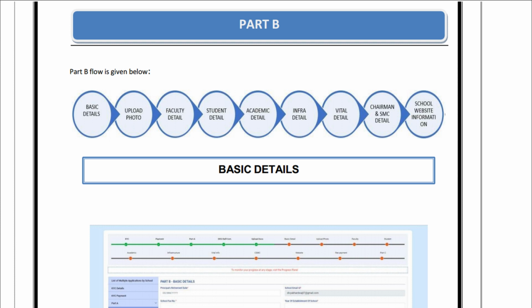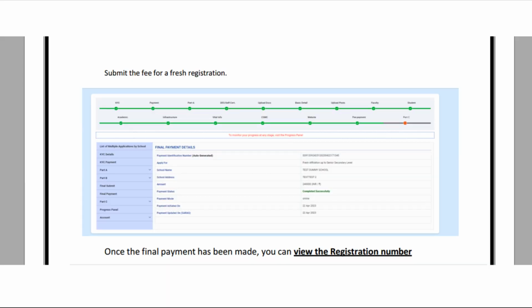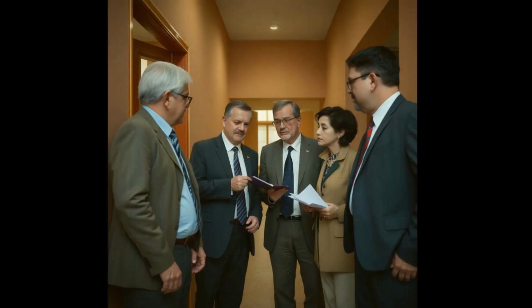Here, you will provide more detailed information about your school, including geotag photographs, staff details, infrastructure details, and safety measures. After submitting your details, the school will undergo an inspection.